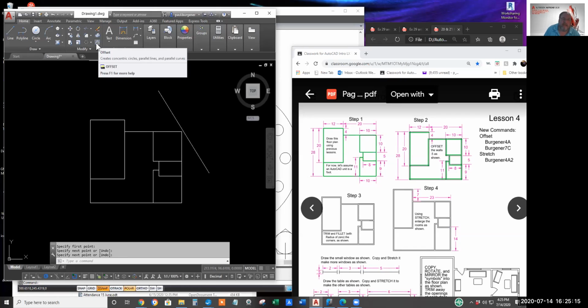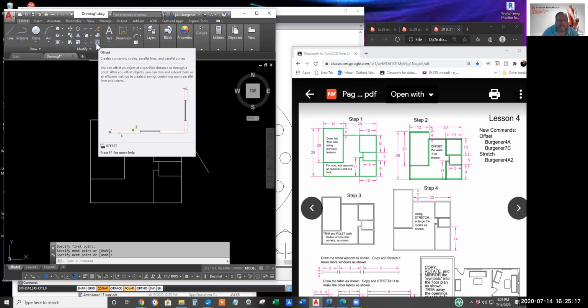The offset command in AutoCAD's this little double line icon in the lower right of the Modify panel of the Home tab. Can't remember if it's the same or a little different in NanoCAD. We'll click Offset.